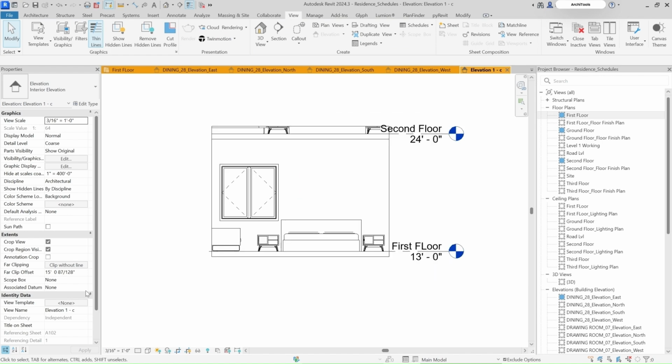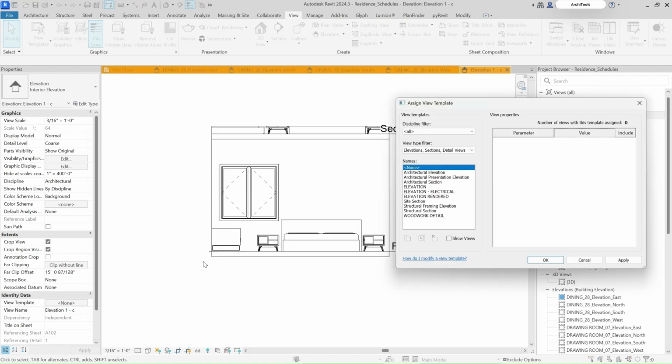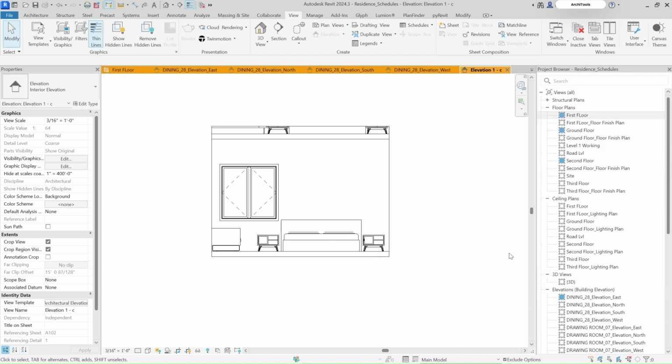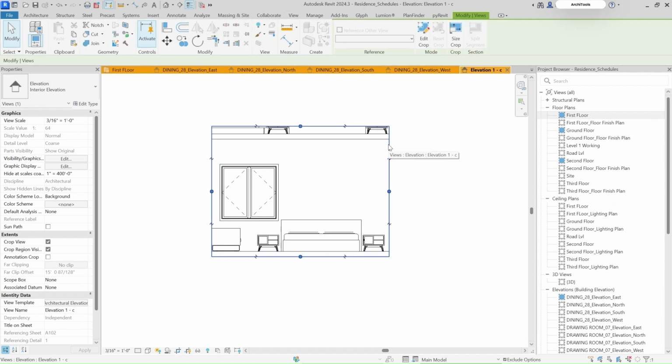If you have a template already made, that is well and good. If you don't know how to make a template, you can watch one of our videos where I have explained how you can create a template for that. I have created a template for architecture elevation. I'll just go ahead and select this. After I have selected it, some of the elements which were not required in the template have gone,